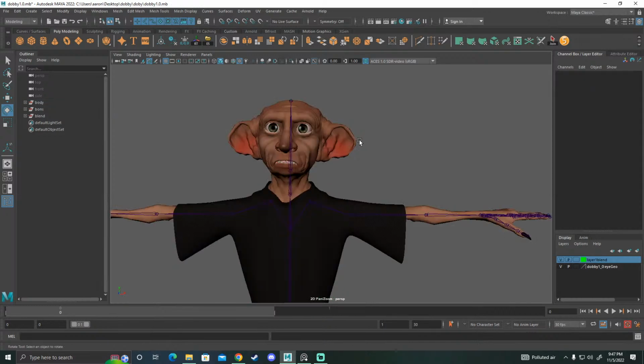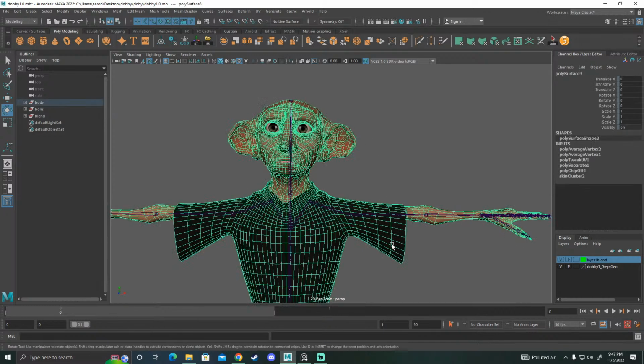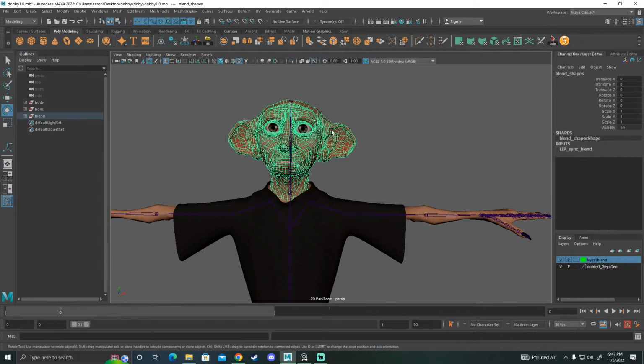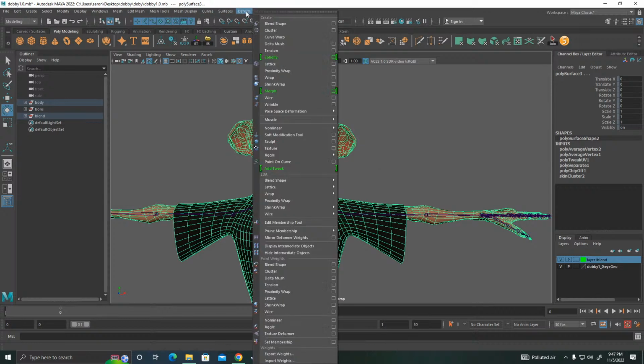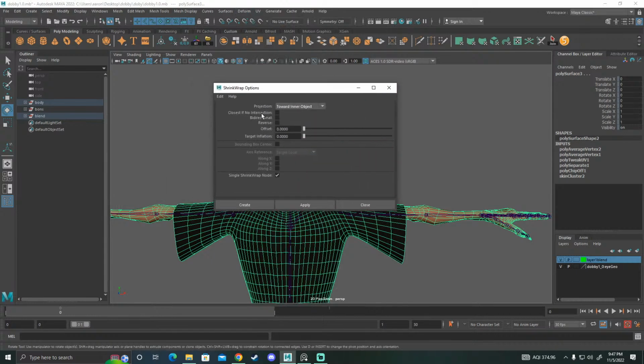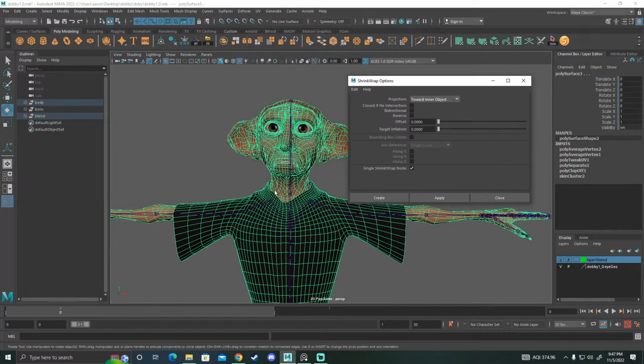Again, the selection is going to be the same. First we need to select the blend shape mesh and then the main mesh, and then we go to the same option, which is Deform, and if you come down, we have this Shrinkwrap option. So you're going to go to the properties and everything, and we're going to connect this one with the main